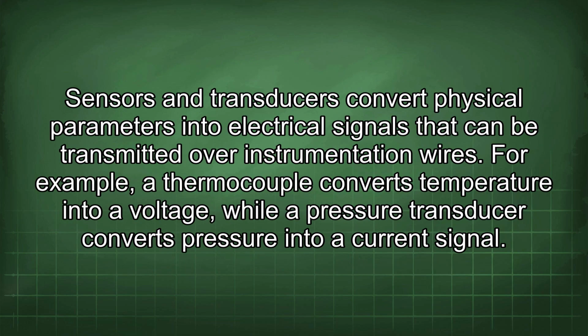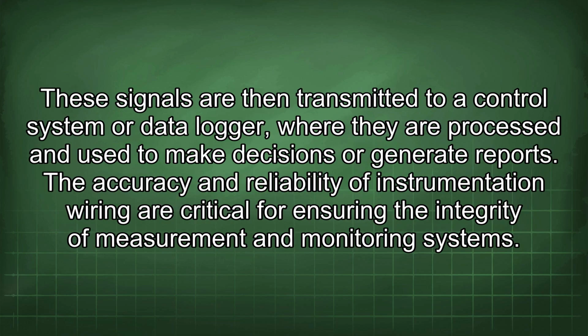Sensors and transducers convert physical parameters into electrical signals that can be transmitted over instrumentation wires. For example, a thermocouple converts temperature into a voltage, while a pressure transducer converts pressure into a current signal. These signals are then transmitted to a control system or data logger, where they are processed and used to make